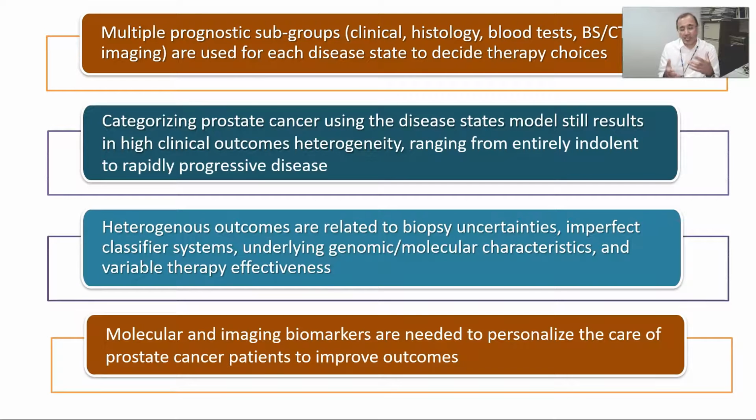Now, categorizing patients in this way still results in high outcomes heterogeneities in any given state, ranging from the indolent to the rapidly progressive. This is because of biopsy uncertainty, this imperfect classifier system, underlying genomic and molecular characteristics, and of course variable therapy effectiveness. And we need molecular and imaging biomarkers to personalize the care of patients with prostate cancer in order to improve